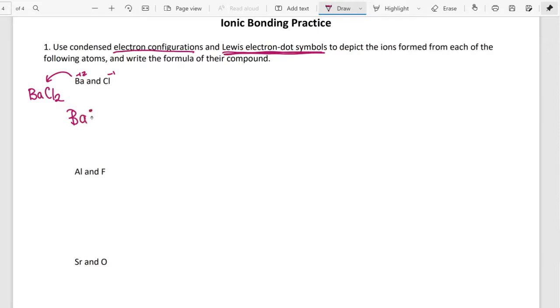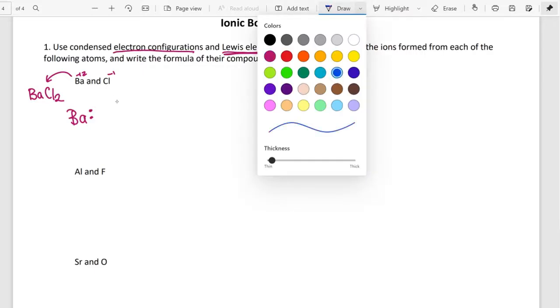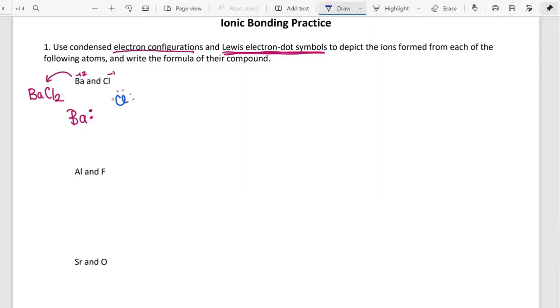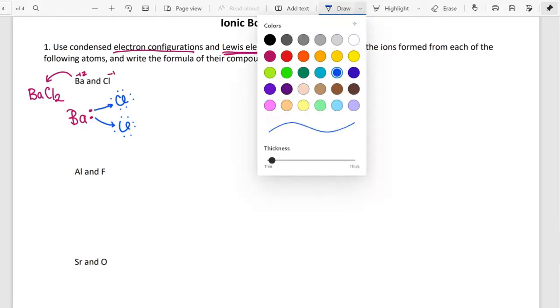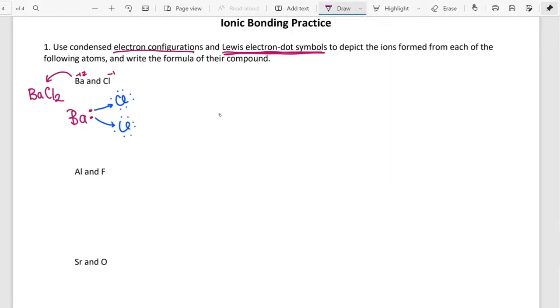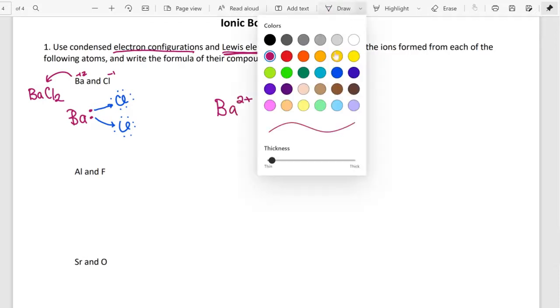If you have barium, which has 2, and then I'm just going to draw this in a different color so you can see the difference here. And then I'm going to have my 2 chlorines. They each have 7 valence electrons. So you should be able to see that the barium is going to transfer 1 electron to each chlorine here. So we'll have our barium ion, which will have a 2+ charge. And then we will have our